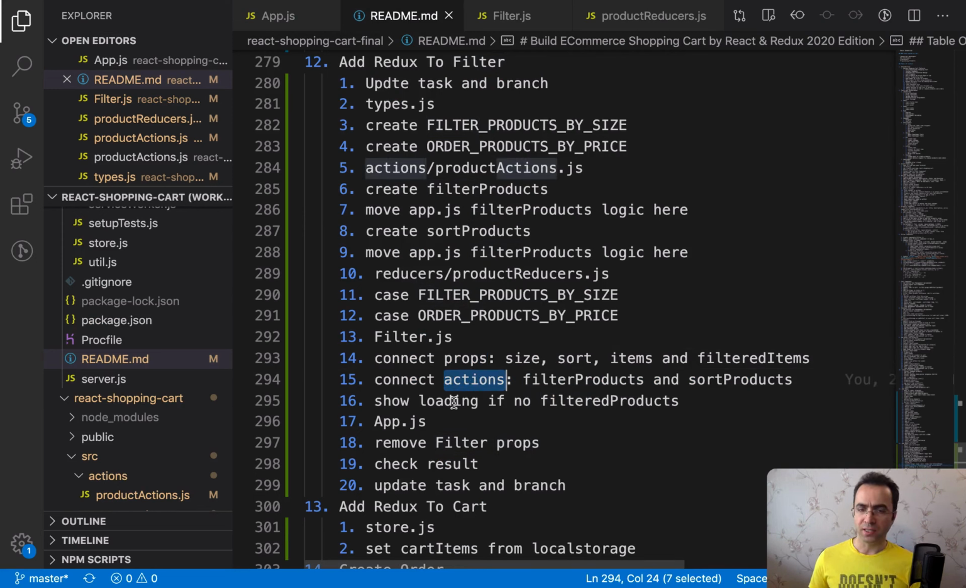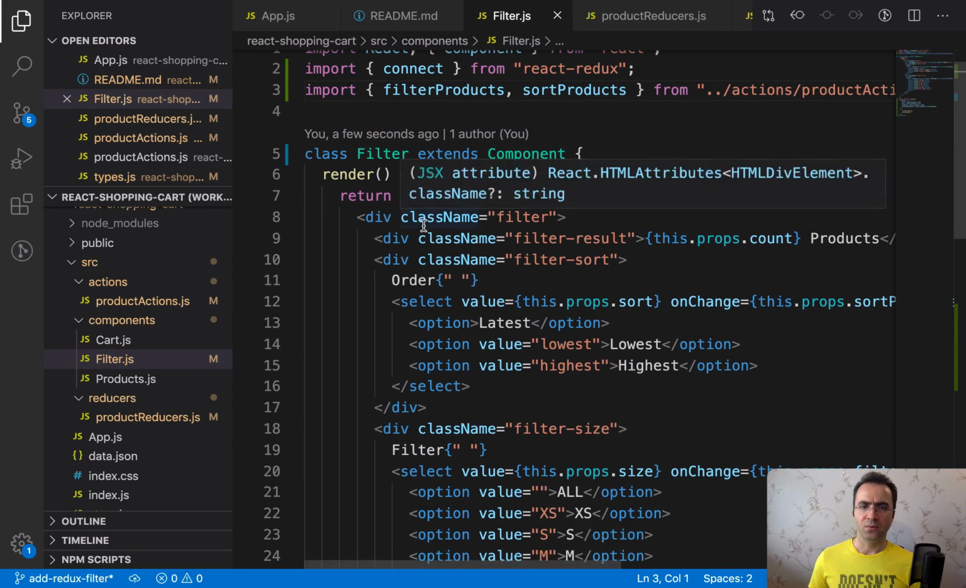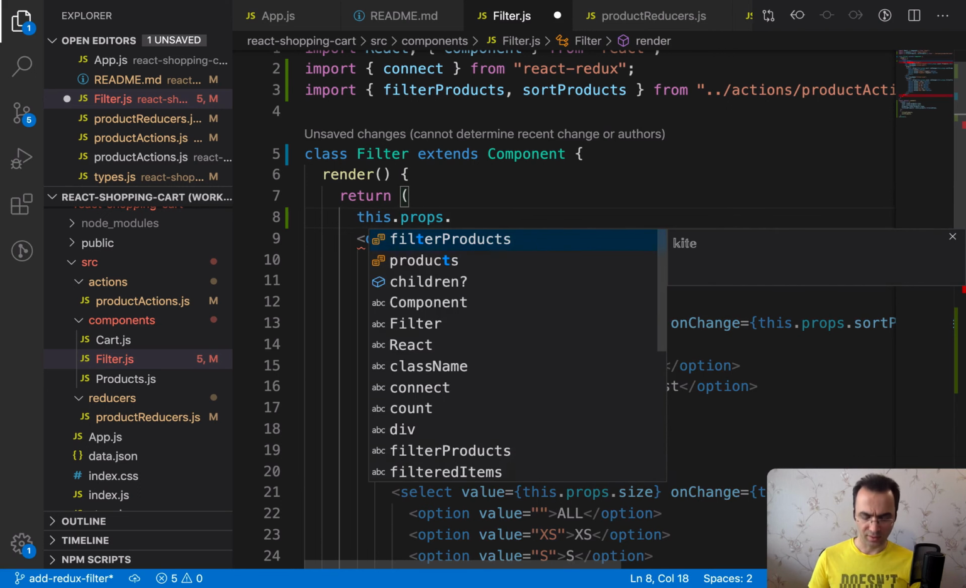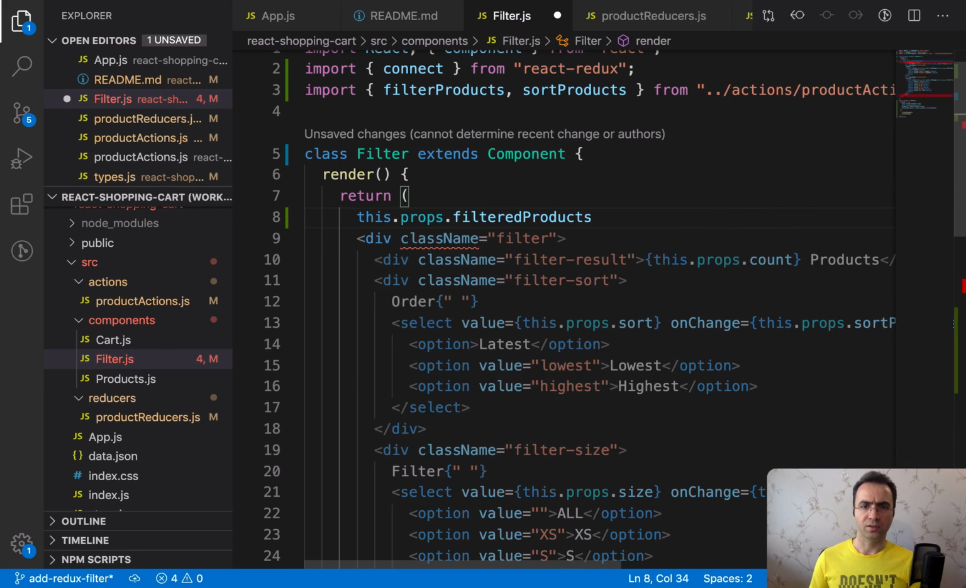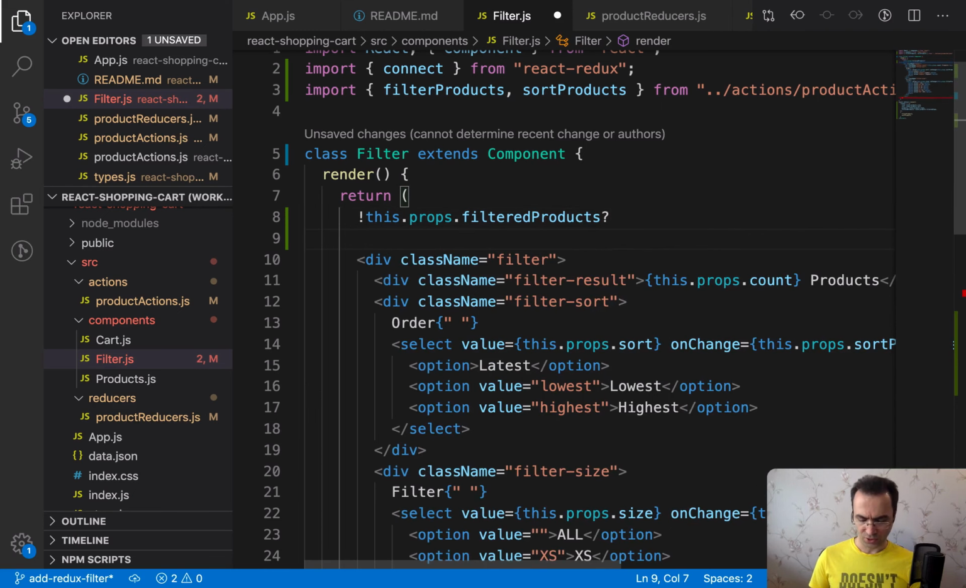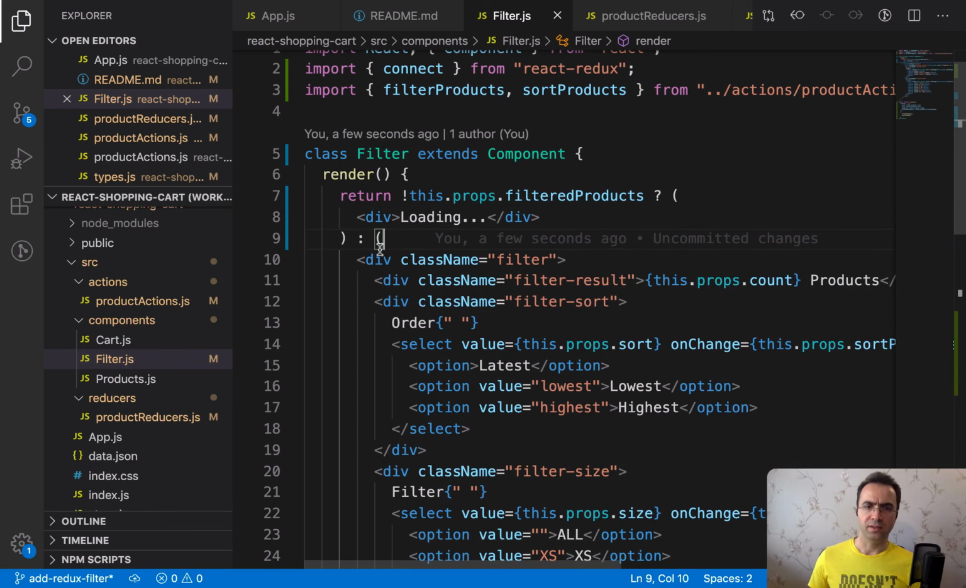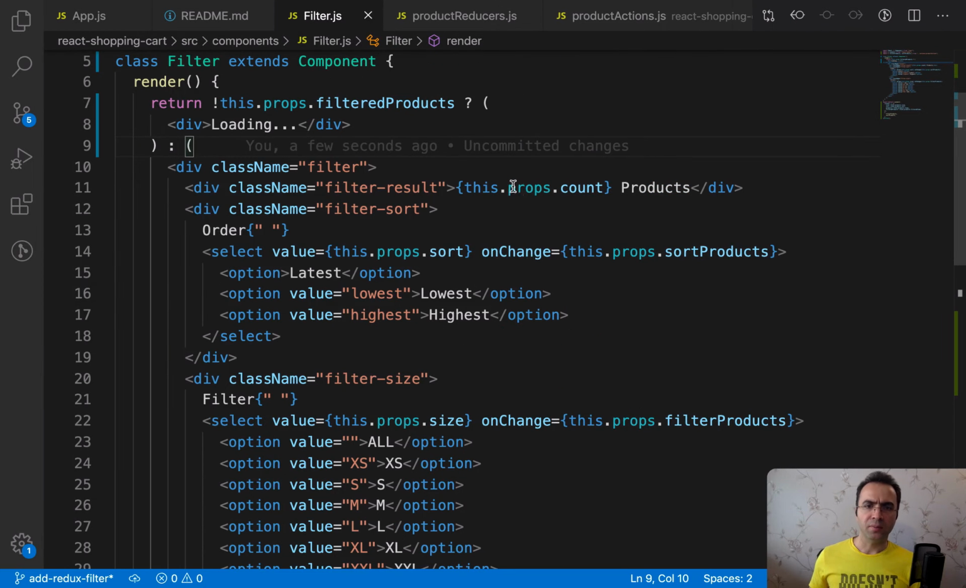It's time to show loading if there is no filtered product. Inside here, what I'm gonna do is to check this props.filtered product. If it doesn't exist, I need to show a div and notice loading, else I need to render this. In this step, we need to update this.props.count. It should be